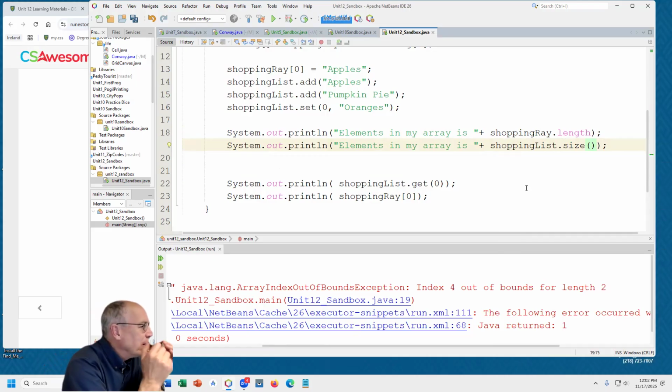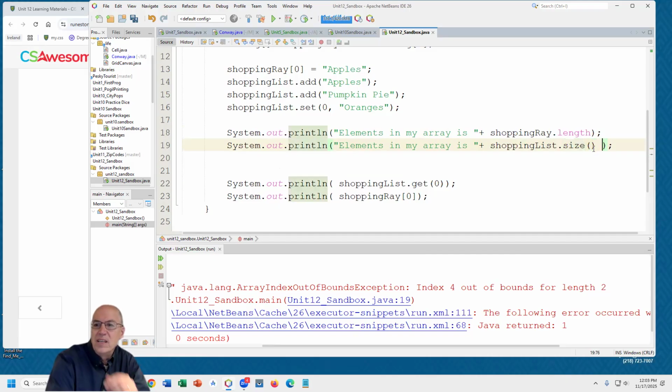I get into trouble because I'm doing three different programming languages right now. They all have lists, but they each have a different way of getting the size of the list. Sometimes it's length, sometimes it's length with parentheses, sometimes it's size. This one in Java is with array lists. It is the name of the array list dot size, but then you have to do the parentheses because it's